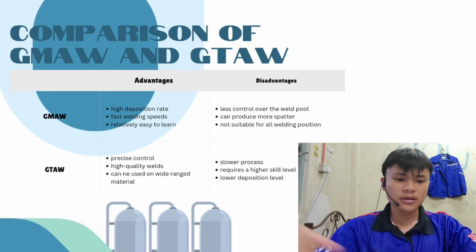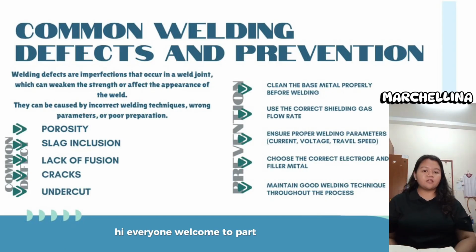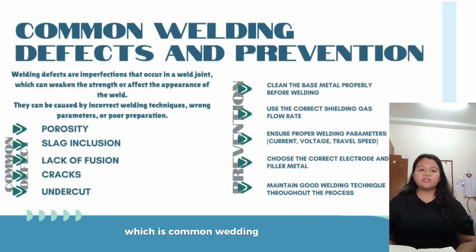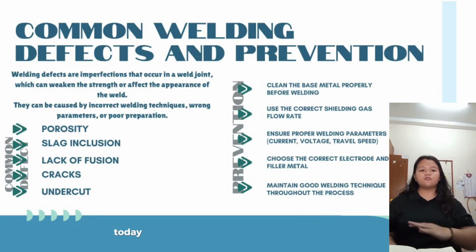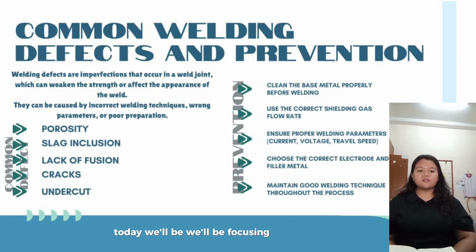That's all for me. Hi everyone, welcome to my part of the presentation, which is common welding defects and prevention. Today we'll be focusing on step 4, which is part 2 of our series on welding defects and distortion. Let's start by identifying common welding defects. These include porosity, which are gas bubbles trapped in the weld; slag inclusion, which are non-metallic solids; lack of fusion, where